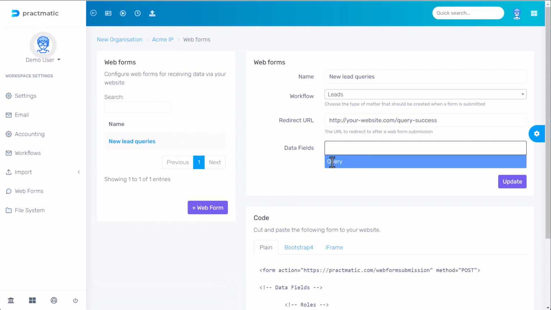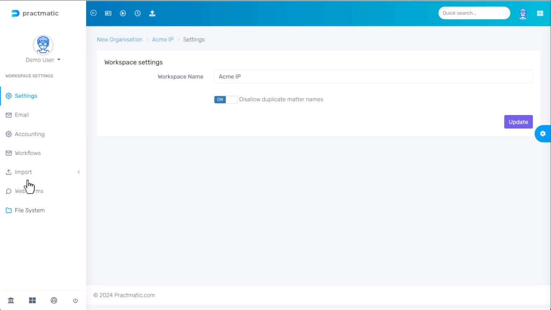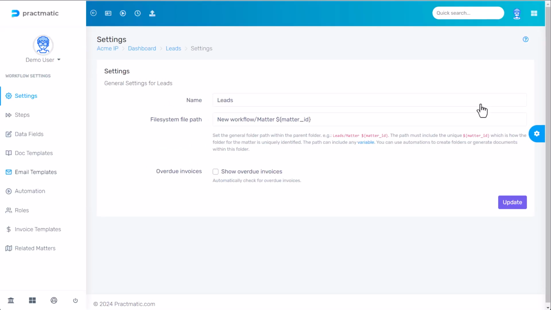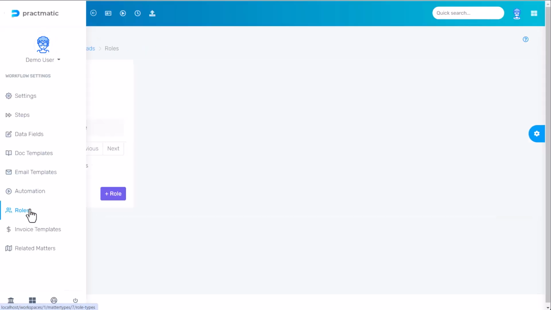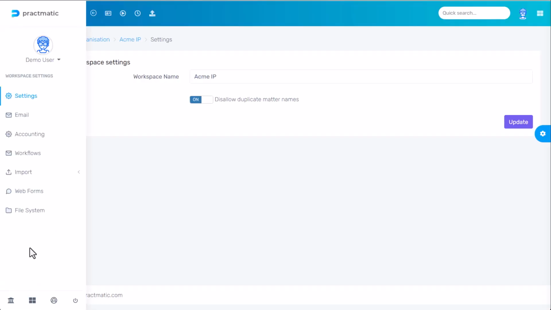and let's specify that when the web form is created, you can include the query data field. You can also receive role fields. For the lead workflow, we don't have any roles yet, but obviously we want to have a client role. So let's go back to our workflows, and under the lead workflow, let's create a role, and that will be the role of type client. Okay, so back in our web forms,